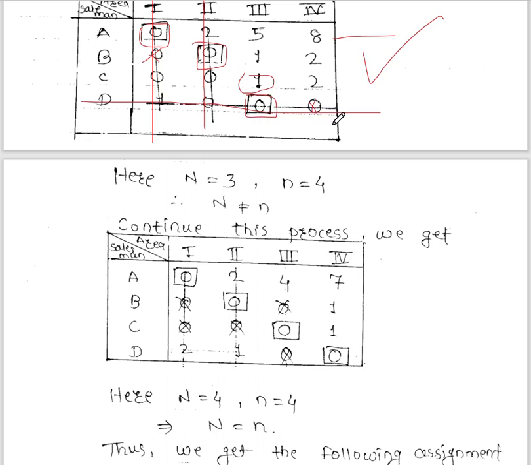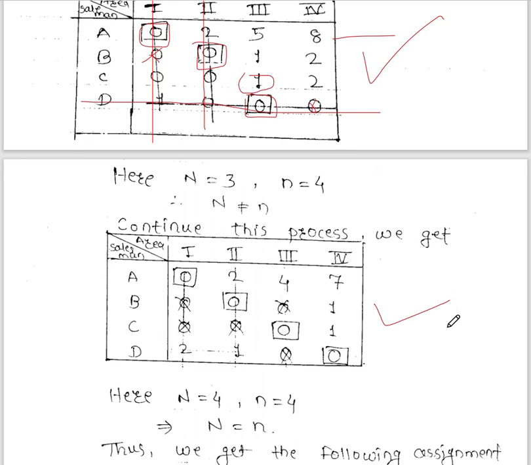Write it down. Okay, so here 0 2, this is 4, this is 7, this is 0, 0, 1 minus 1, 0, 1, 2 minus 1, that is 1, 0, 0, 0, this is 2 minus 1, that is 1, here 1 plus 1, 0, 0 plus 1, that is 1, 0 and 0. Okay, so in this way we can find the table.